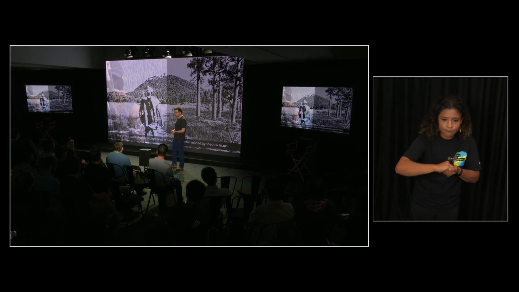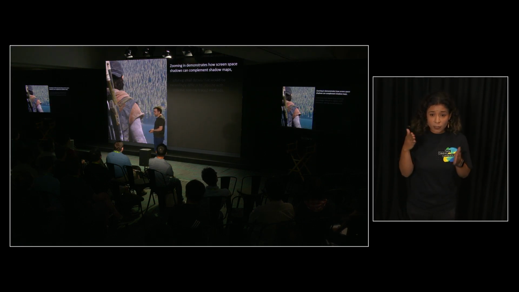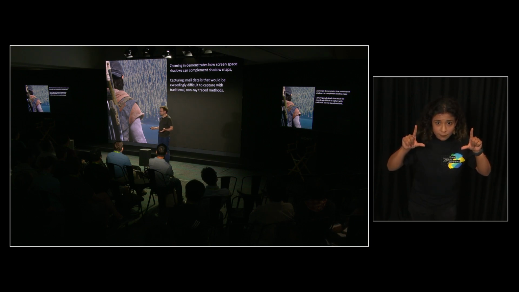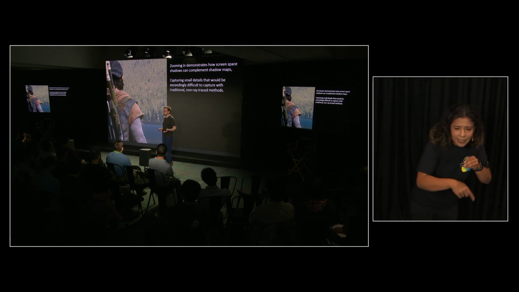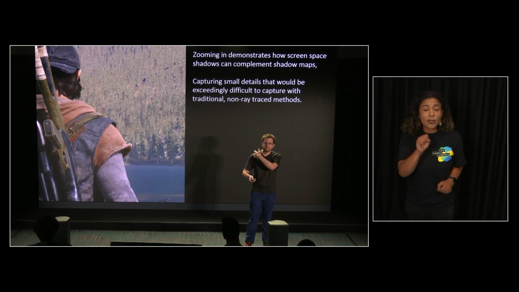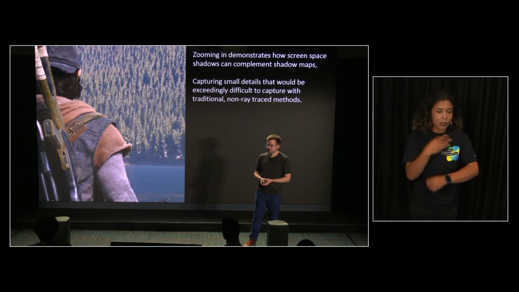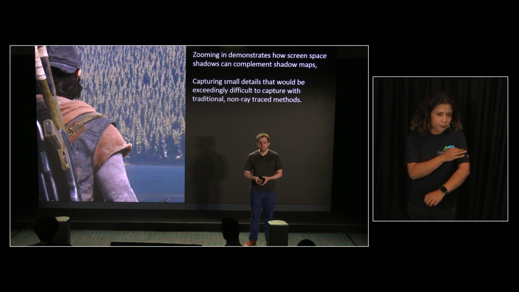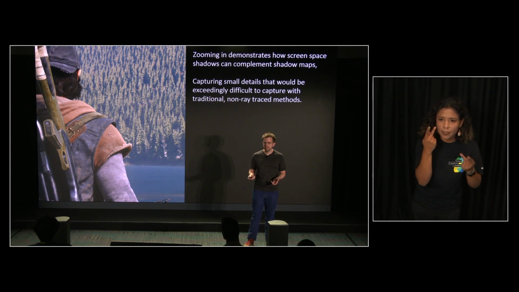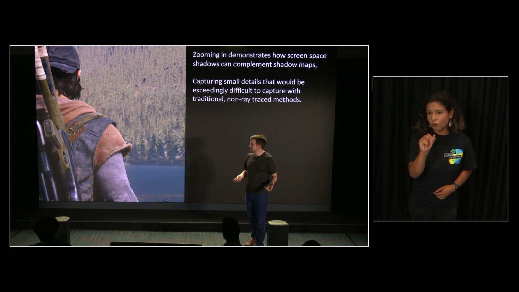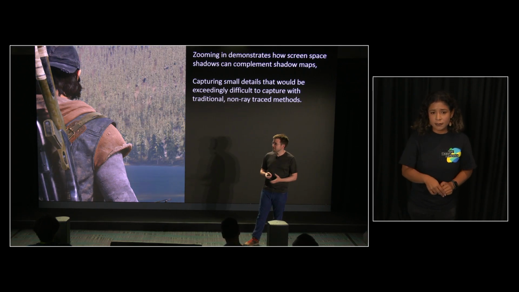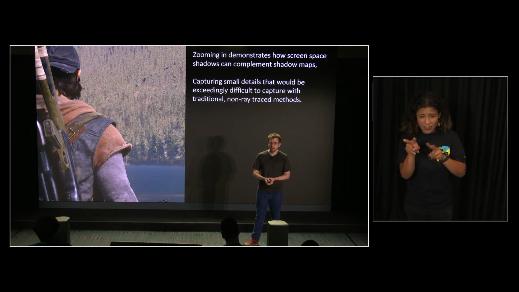If we zoom in, we can see here that if I toggle on and off, this is capturing lots and lots of detail that otherwise wouldn't be captured. You can look at the hair, you can look at folds in the clothes, that sort of thing. There's a bunch of stuff being captured. And these sorts of things are very hard to capture with non-ray traced techniques. So in certain games where ray tracing just isn't quite feasible yet at these scales, it's a very useful technique.